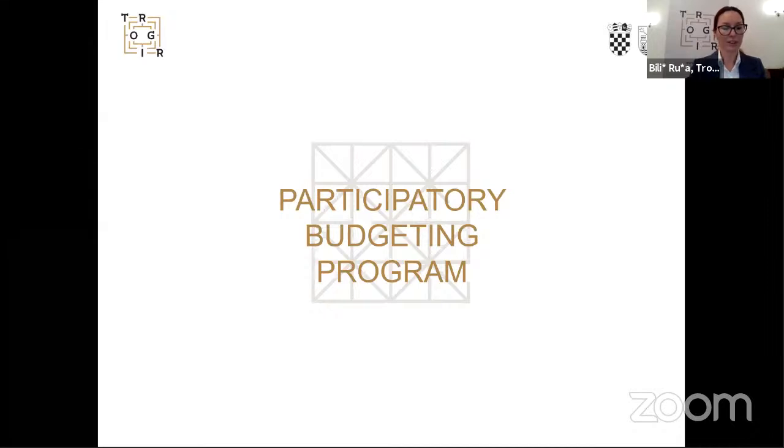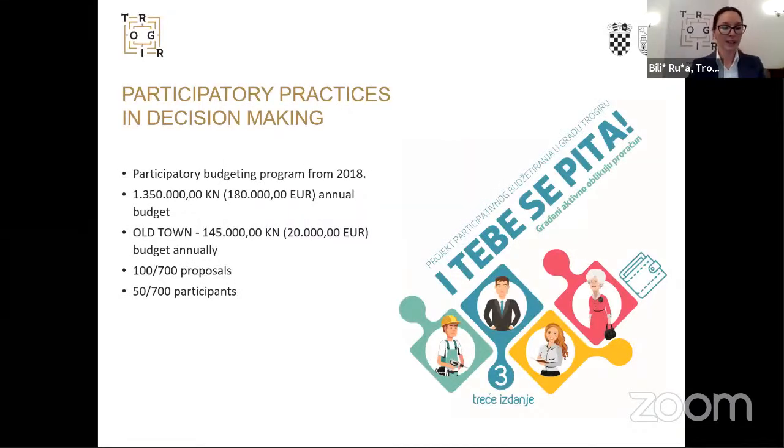The third project is a participatory budgeting program we called You've Been Asked To, or I Tebe Se Pita. We have been implementing this project since 2018, and its goal is to enable citizens to directly create a part of the city budget. Citizens are invited to propose projects for 8 local committees and then vote for their favorites to decide which of them will be realized next year. These projects showed great success in the first year, not only in the implementation, but in building the relationship with